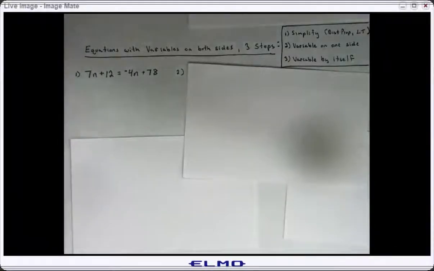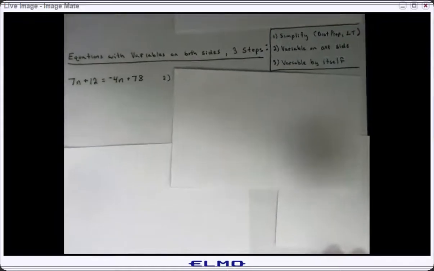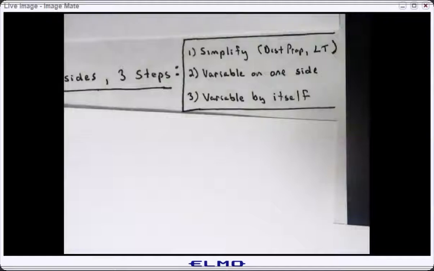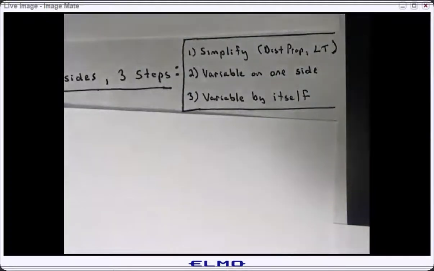This video is on equations with variables on both sides. I also have another video similar to this one that's more simplistic. It's called Solve an Equation Using 3 Steps. The 3 steps in that other video that I talk about are simplify, variable on one side, and variable by itself. To simplify means you do all the distributive property and combine all the like terms on each side of